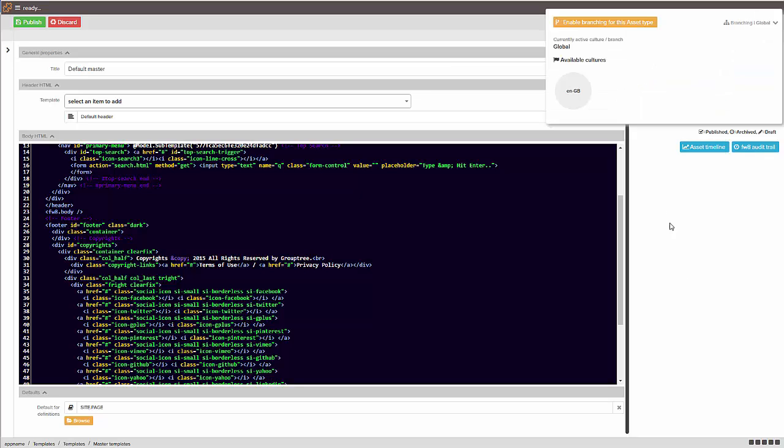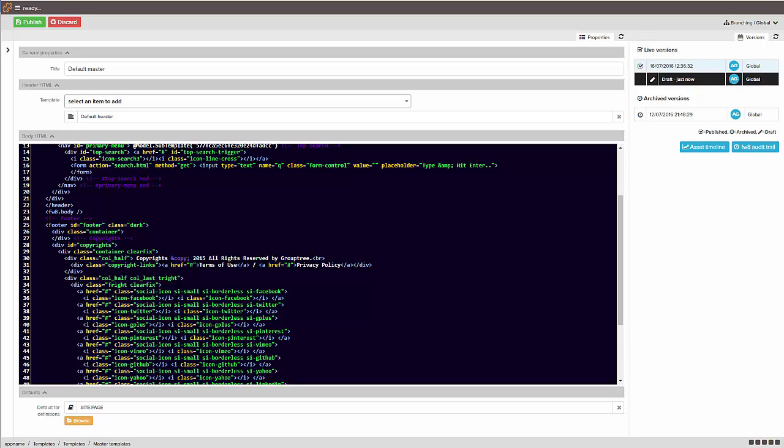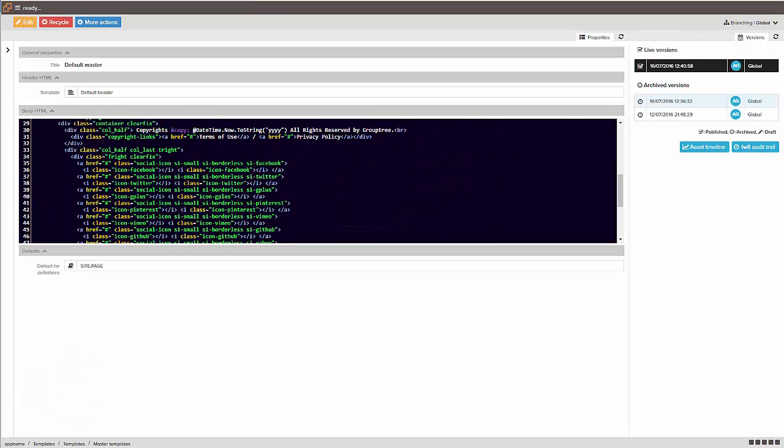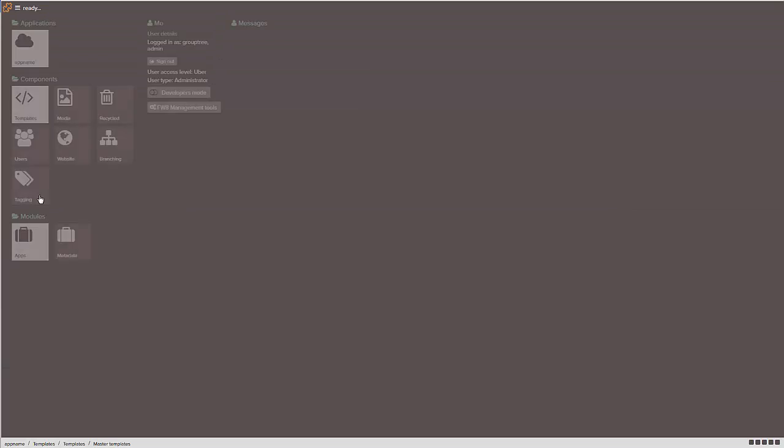We're also working in the global layer because these templates apply to all levels at the moment. So to replace this, I'm just going to write a bit of Razor here. I only want the year, so I'm just going to do a format. There we go, so I'm going to publish that. Because this is in common and I published it, it's actually going to go live straight away. So if we go quickly back to the website,